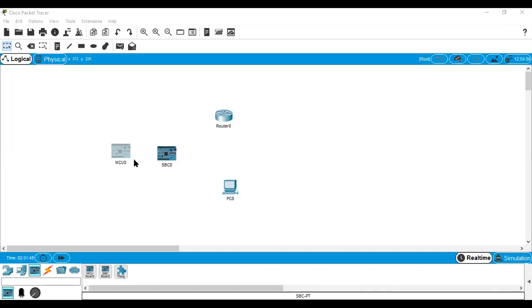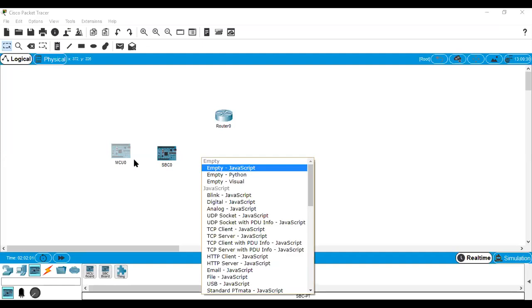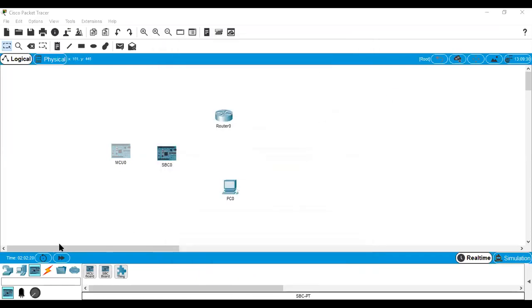Here you can also program. For example, if you want to program Arduino, you have to write the program in Arduino language, that is embedded C. Here you can write the program in JavaScript and Python, and visual options like block commands. You can write the program with visual blocks, Python, and JavaScript. There are three language options in this MCU. Then there are also two more modes of operation.